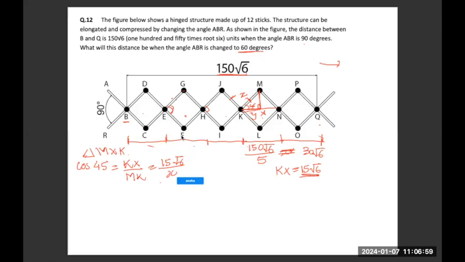Cos 45 value I know, which is equal to 15 root 6 upon x. So the value of x will be equal to